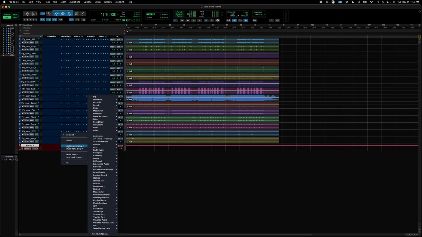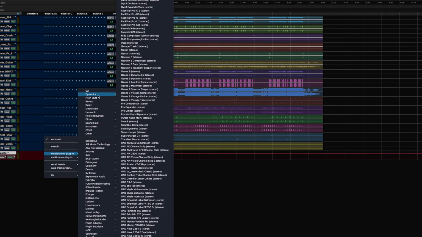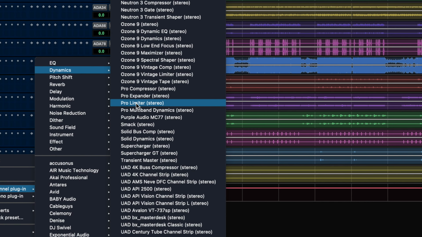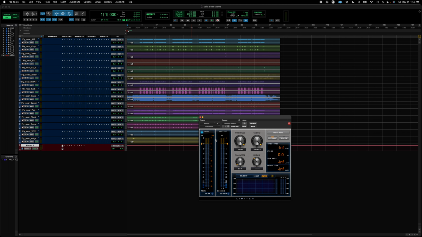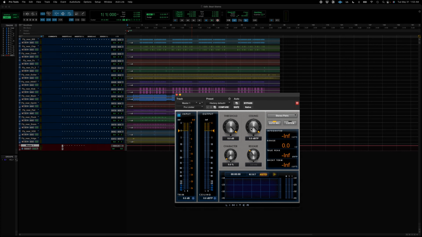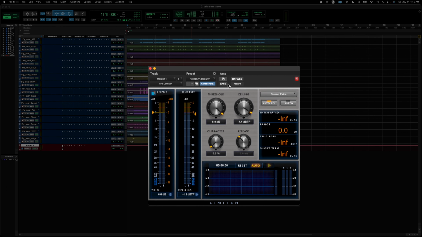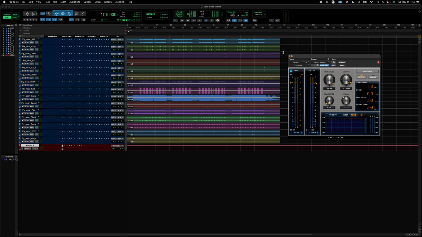So now I'm going to insert a limiter on the master fader to prevent any clipping. What clipping is, is when audio exceeds the 0 dB threshold in the digital domain and it just gets cut off. So I'll demonstrate what that looks like here in a second. First thing I'll do is set my ceiling to around -1 dB. Next, I'll play the track and set my levels, and I'll demonstrate what clipping is by turning the limiter on and off.